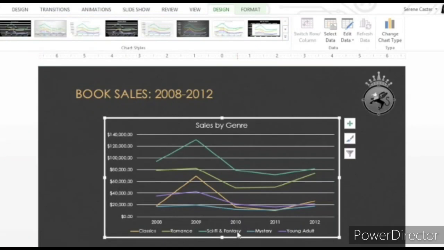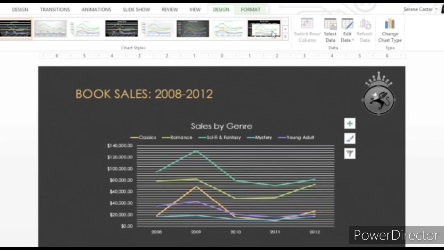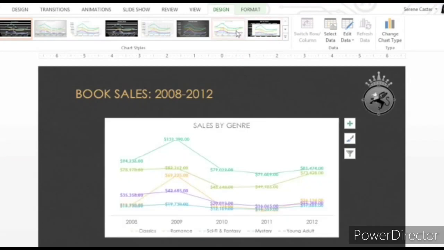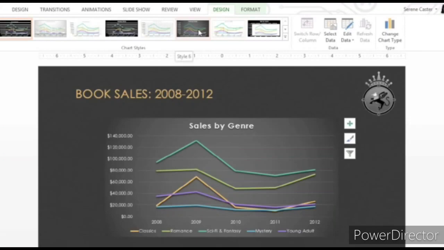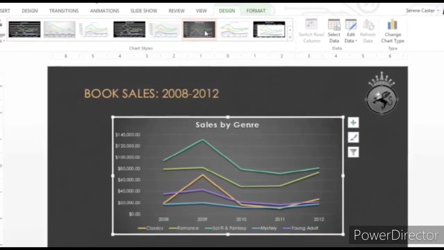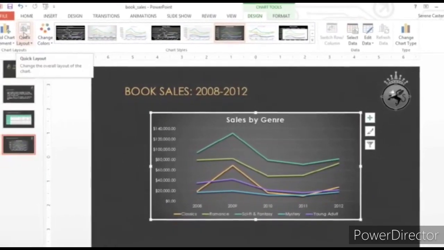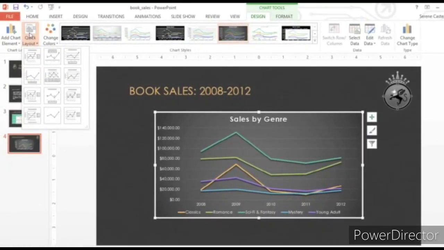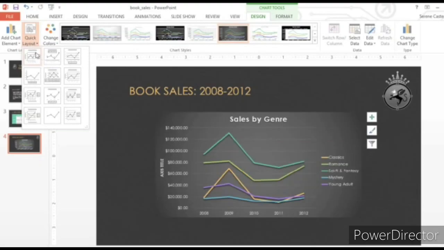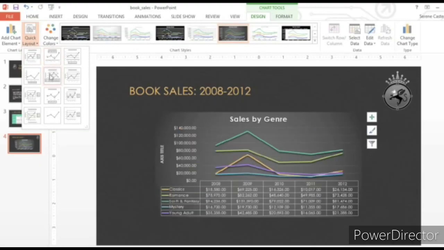Now we can also modify the predefined chart layout, including chart title, legend and data labels. To change the chart layout, click on the Design tab. Click on the Quick Layout command in the Design tab. The Design tab will appear on the right side of the ribbon. Click on the Quick Layout command. Select the desired layout from the menu. The chart will be updated and will reflect the new layout.